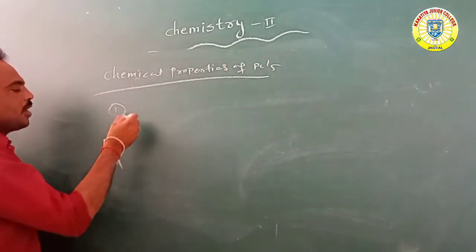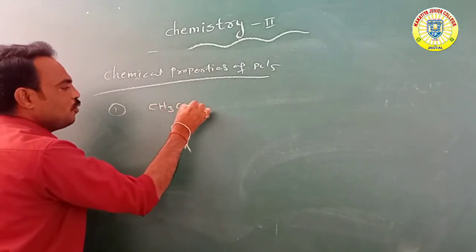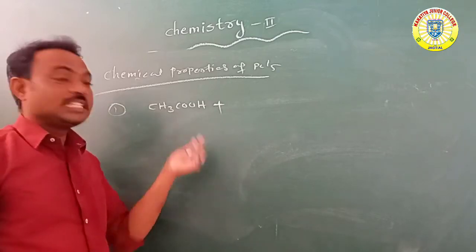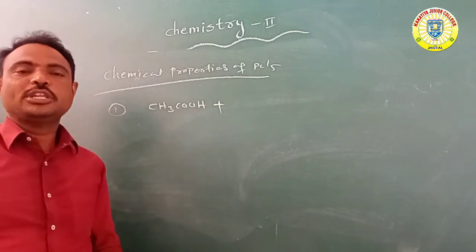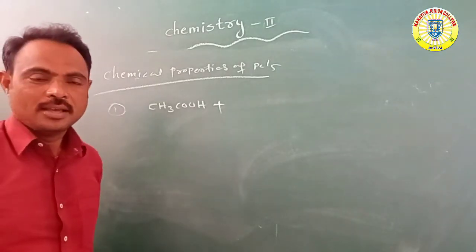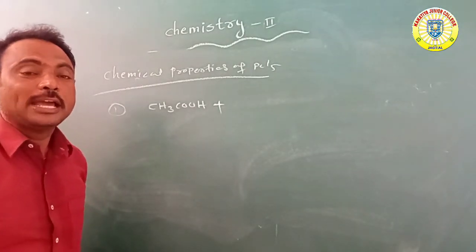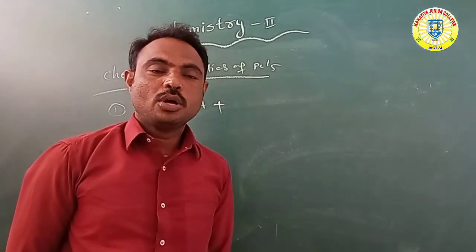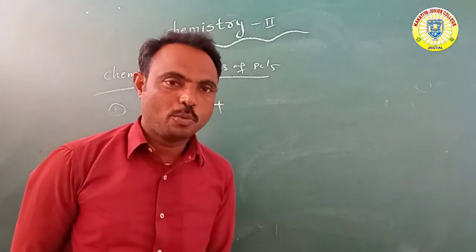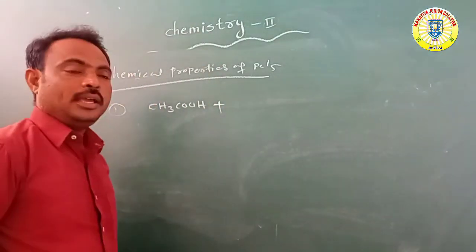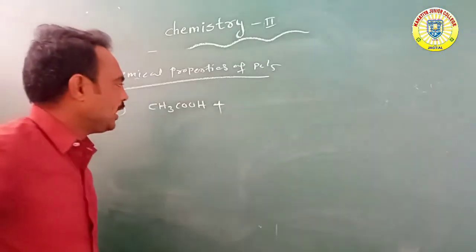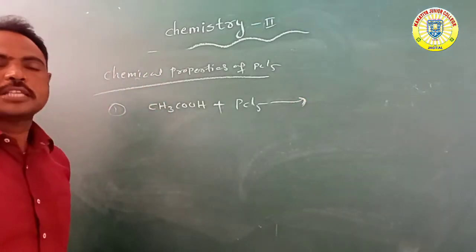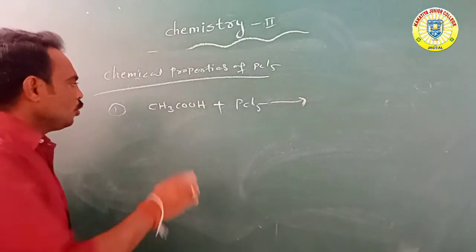Suppose, for example, we take CH3COOH. CH3COOH means acetic acid, also called ethanoic acid. How many carbons? Two carbons, with the COOH carboxylic functional group, oic acid, so overall ethanoic acid. This ethanoic acid reacts with PCl5, phosphorus pentachloride, to form